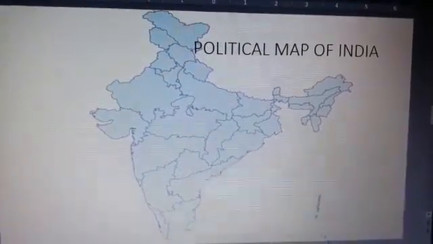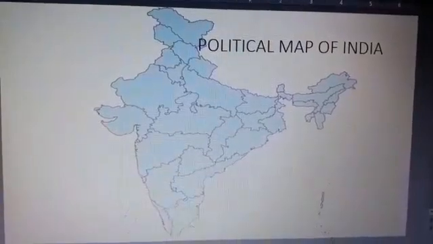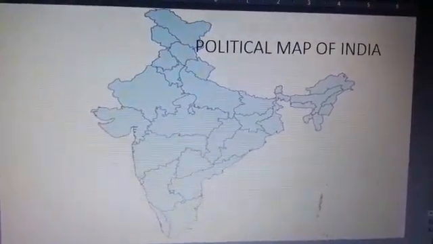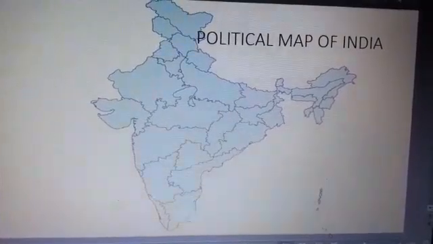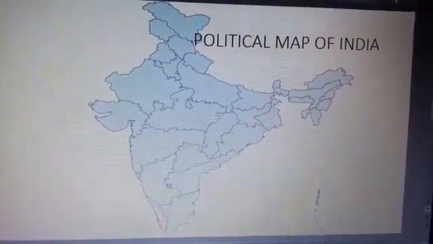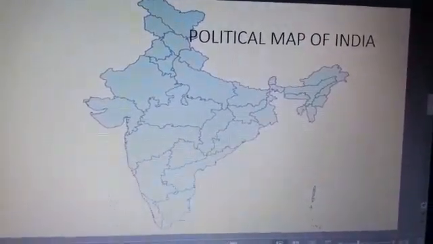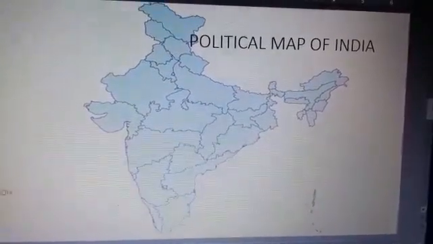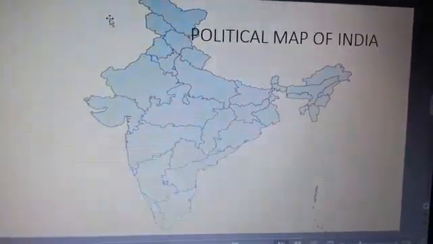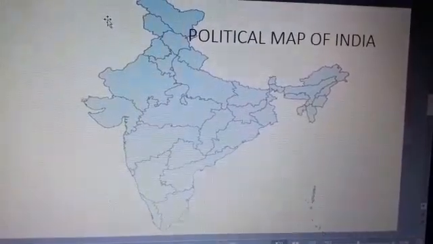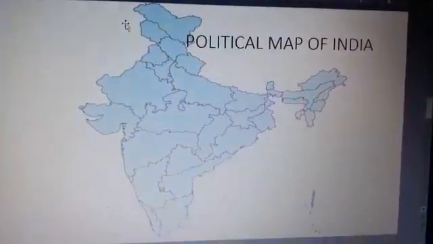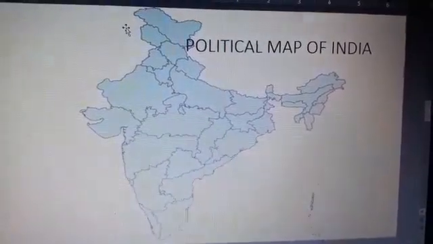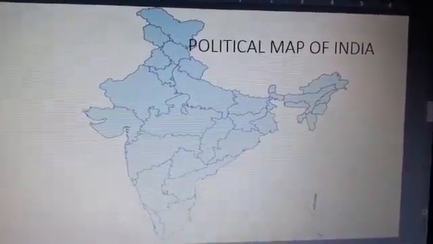Whenever you go to a bookshop, you have to ask, please give me 5 political maps of India, right? And you will check it should be new. Tell your bookshop uncle, aunt, whatever, please give me a new political map of India, and you can check.